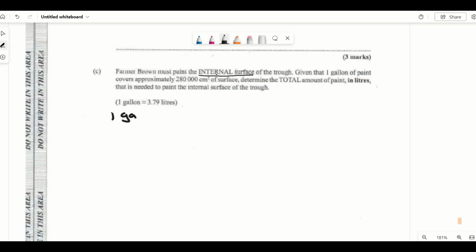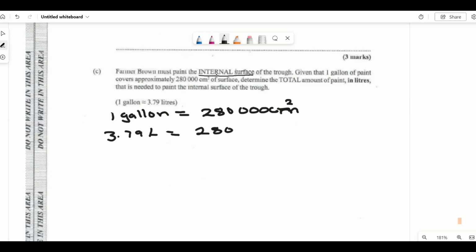So we already know that 1 gallon is equal to 280,000 cm squared, because we're talking about painting it, not filling it up. So 3.79 liters is equal to 280,000. So we need to find out,